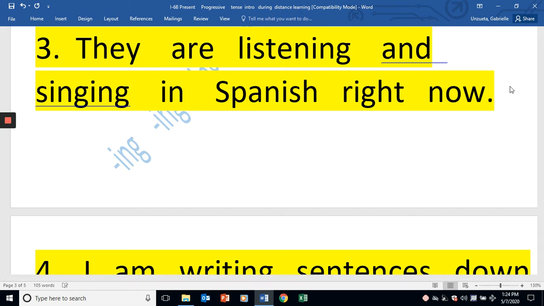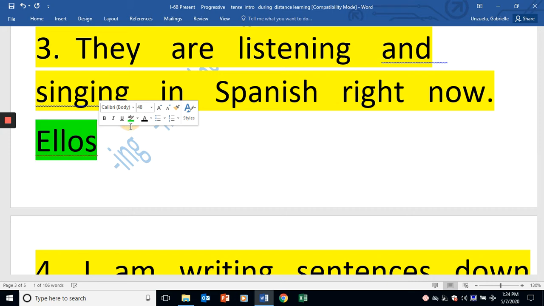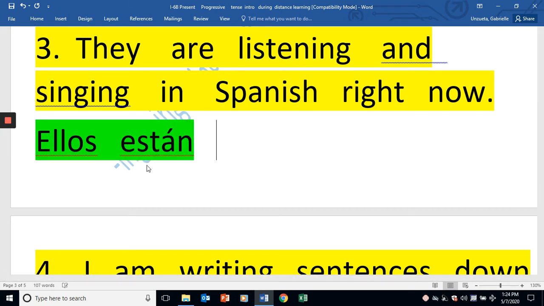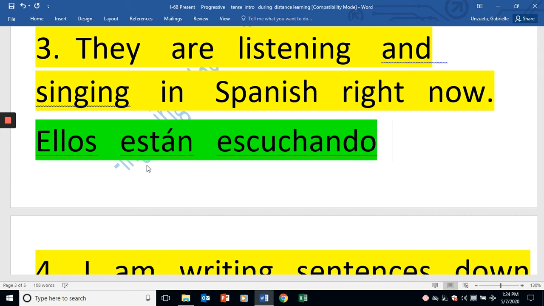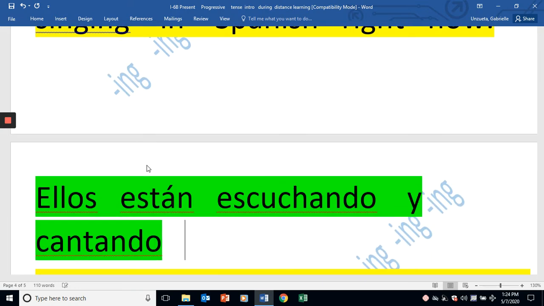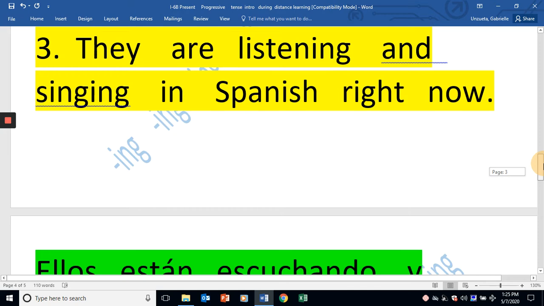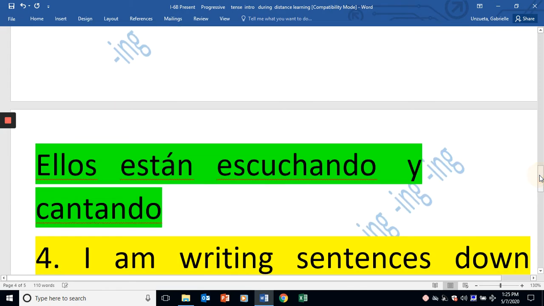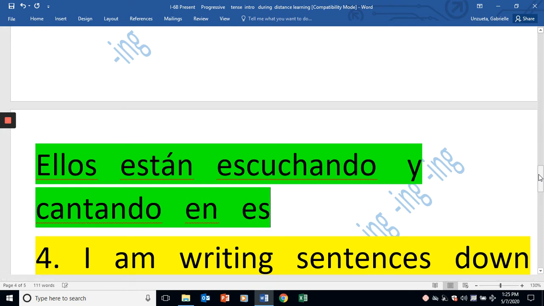Okay, so we're going to go ahead and do ellos. And then we're going to do the ellos form of estar. The ellos form of estar is going to be están, correct? Están. And then listening is escuchar, but I'm going to do it into the ando. And singing, cantando. Notice they're both going to go into the ing thing because we go back to the English real quick and it says listening and singing. So we need them both to be in the ing thing. Están escuchando y cantando en español